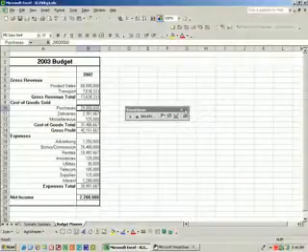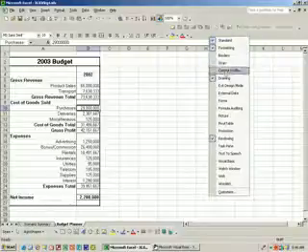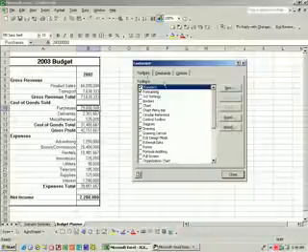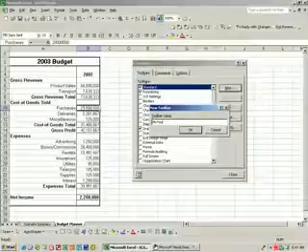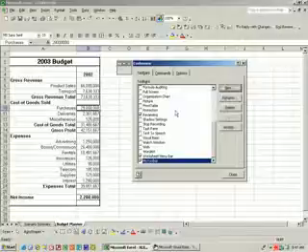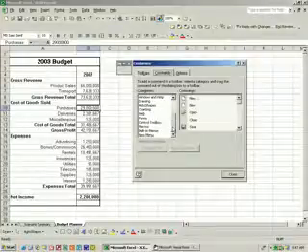Okay, let's close that Visual Basic toolbar, and now right click on any displayed toolbar and select Customize, and from the Toolbars tab let's click New, and let's type My Toolbar as the name for it and click OK. And then let's go to the Commands tab and let's scroll down and select Macros,